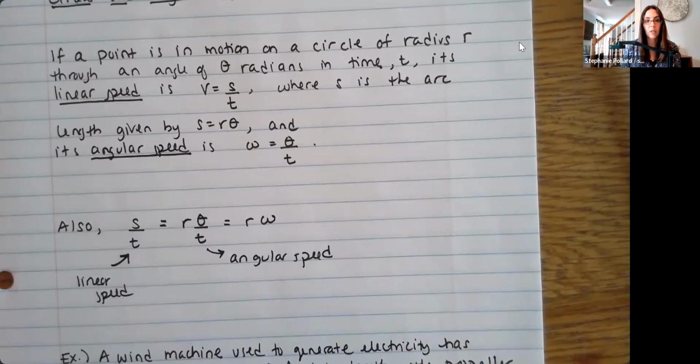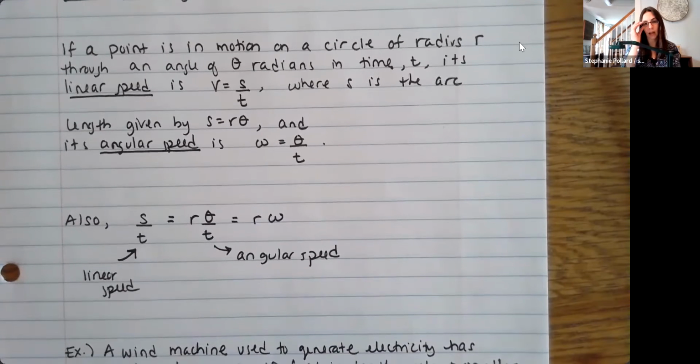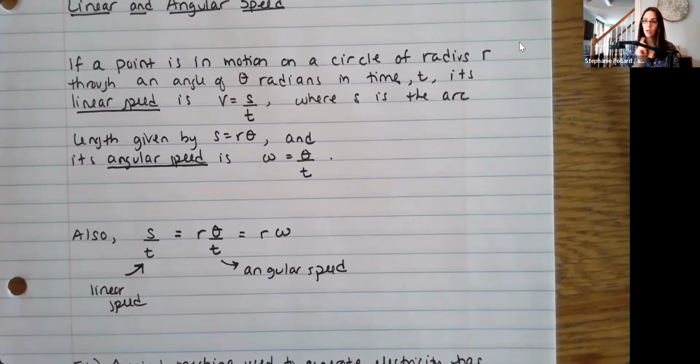So here are some formal definitions. If a point is in motion in a circle, so we talk about linear and angular speed here, we're traveling in a circular motion. So you're on like that carousel, or maybe you're thinking of the old skip-its they used to have, where you used to kind of jump around with it on your ankle. So just anything that travels in a circle